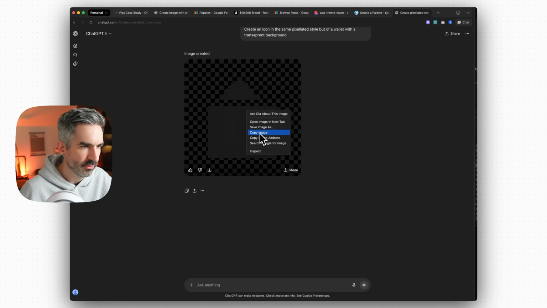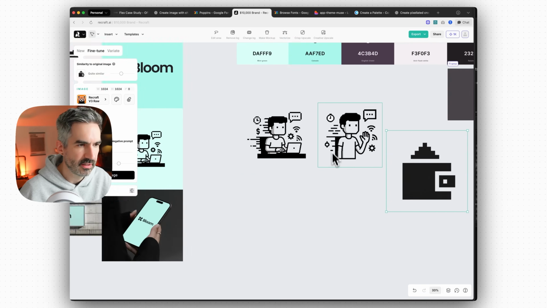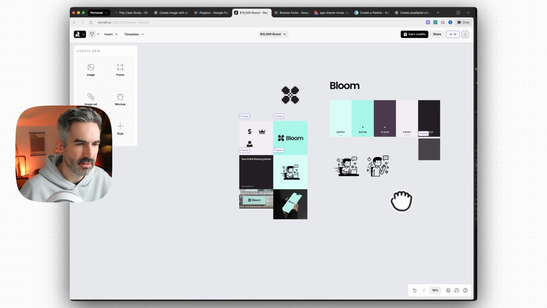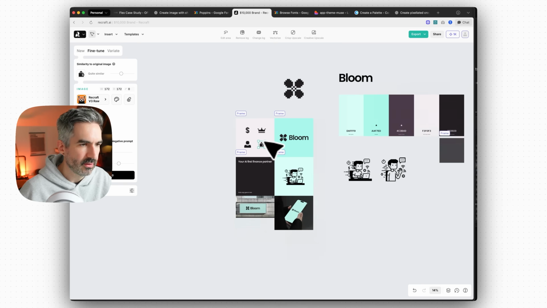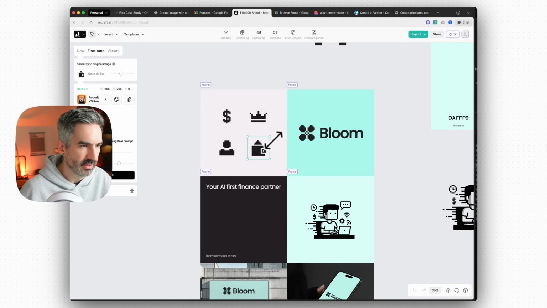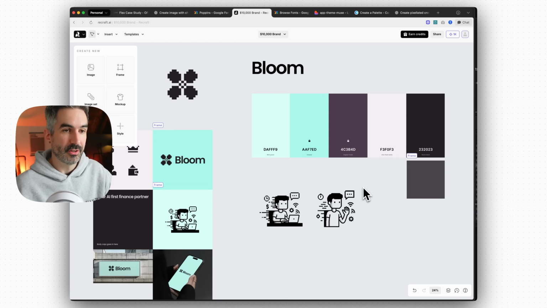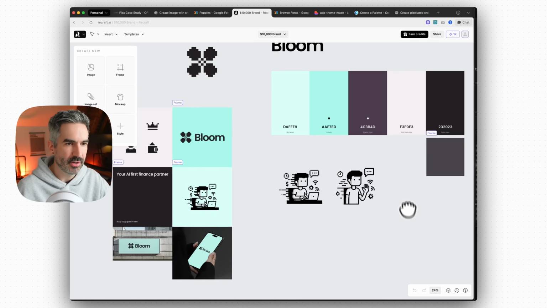And now we've got an icon of our wallet. Let's paste that in here. It's a little bit strange, I'm not going to lie, but that's okay. We can update that if we need to later. That's our wallet. So there is our $10,000 brand identity, and we can take this brand identity and use this